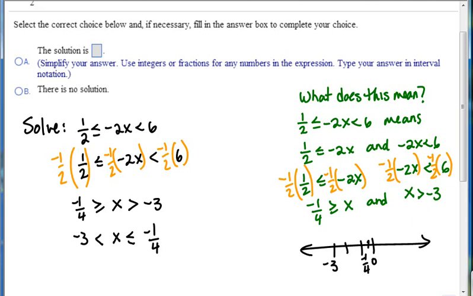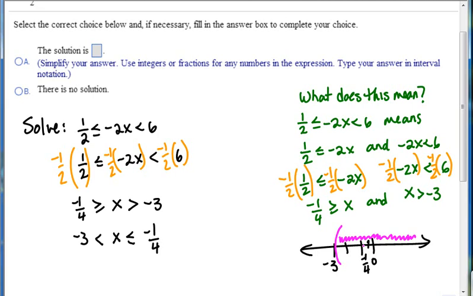And we know that if we have, I'll do it in a different color, x is bigger than -3, that means everything that's to the right of -3. And because it's bigger and -3 is not included, the notation they use is a parentheses. If it's a plain less than or a plain greater than, we know it's a parentheses. If it's less or equal to or greater or equal to, we know it's a bracket,